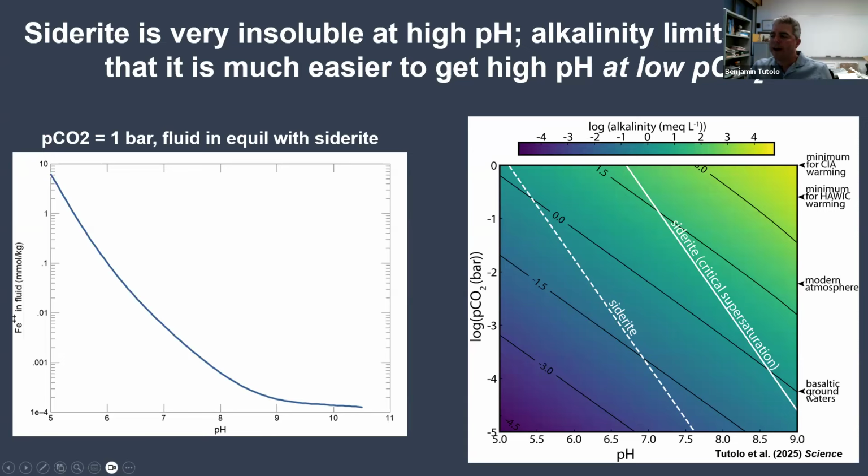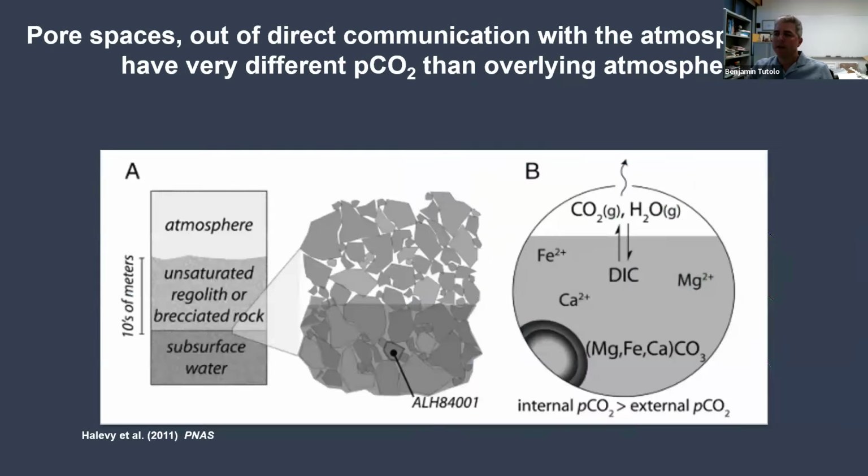And so this is the calculated PCO2 from those waters in Iceland, on the order of 10 to the minus 4 bar PCO2, which when compared against Earth's modern atmosphere is significantly lower. And again, you can imagine something similar happening on Earth or on Mars, where, as CO2-rich fluids infiltrate into the subsurface, the pH increases, but the PCO2 decreases.